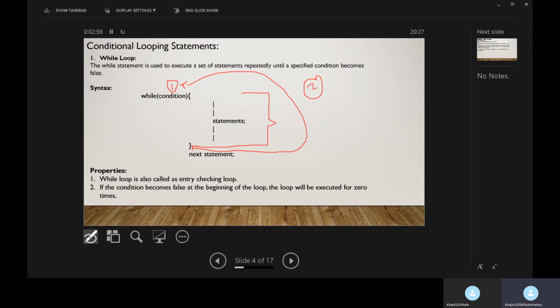Just a moment, let me erase this. Yeah, so all the statements in the while loop will be executed.